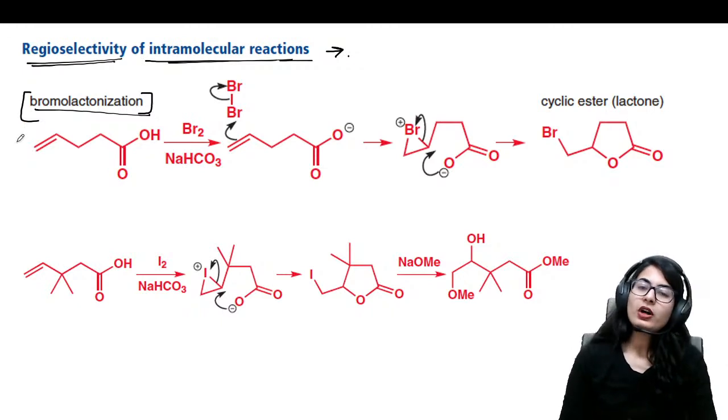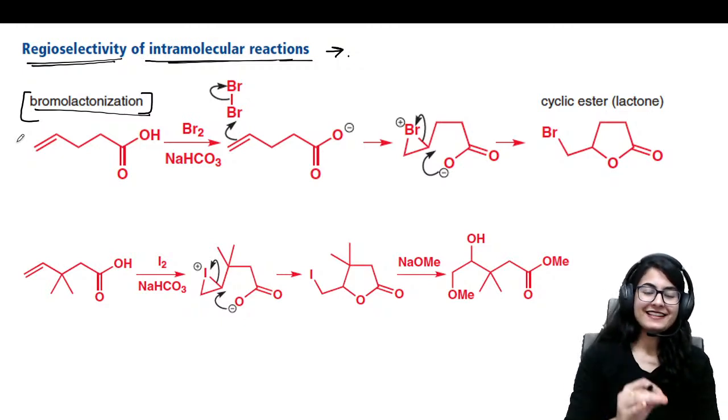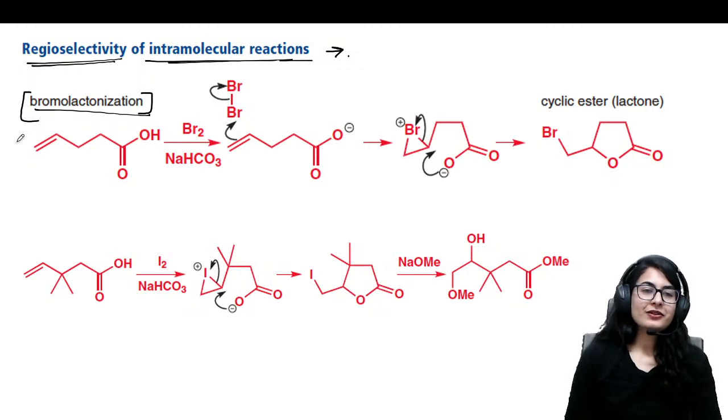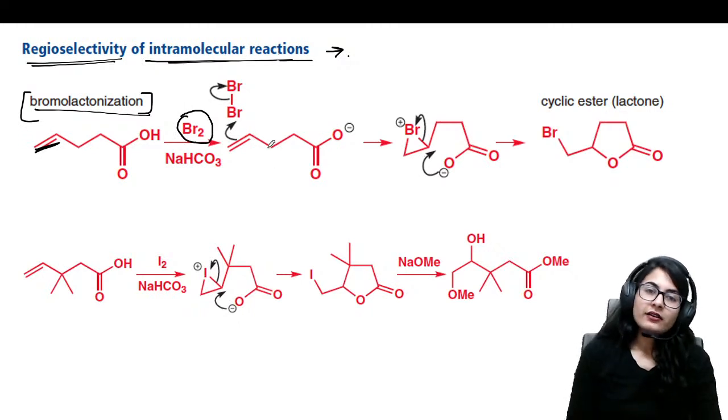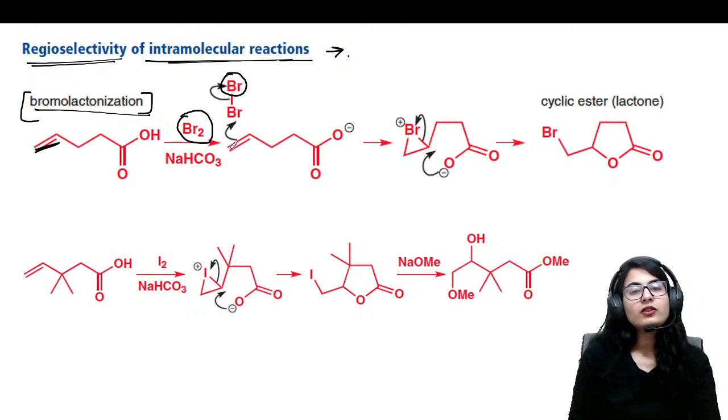Okay, so it's a very simple mechanism. What you have to do is just take care of what is happening. See, here we are talking about regio, so don't worry about stereo at all. Okay, first understand the regio of this reaction. That is, the double bond is electron rich. So the double bond is supposed to attack on bromine. Yes. What happens is the double bond attacks like this, Br minus eliminates. Yes. So that gives you a bromonium ion